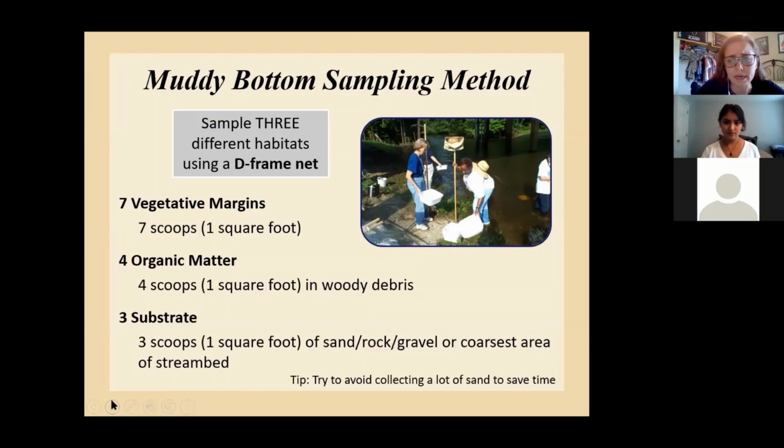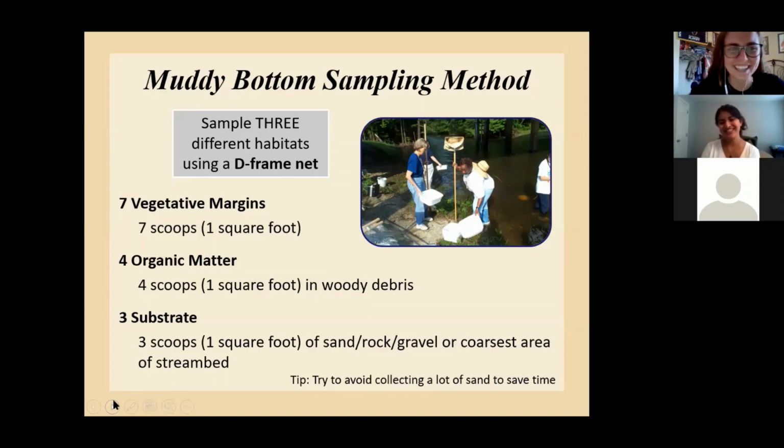And if anyone has a muddy bottom stream that they're sampling here and has any questions, we can talk about, oh, what is it called that Harold always does? The thing where you stir the, what is that called? Of course now I can't think of it. Elutriation.